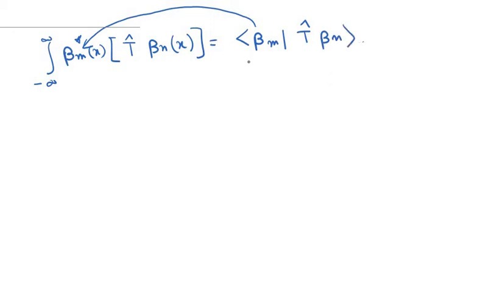Okay, so this is basically the inner product between one function beta m x and another function T beta n x. Now let us consider the matrix version of this operator T, and the matrix version of this operator T must contain all these elements, let us say T11, T12, T13,